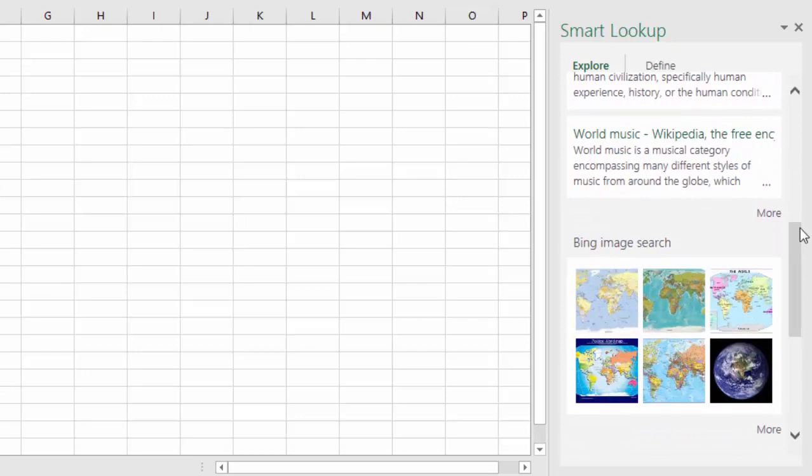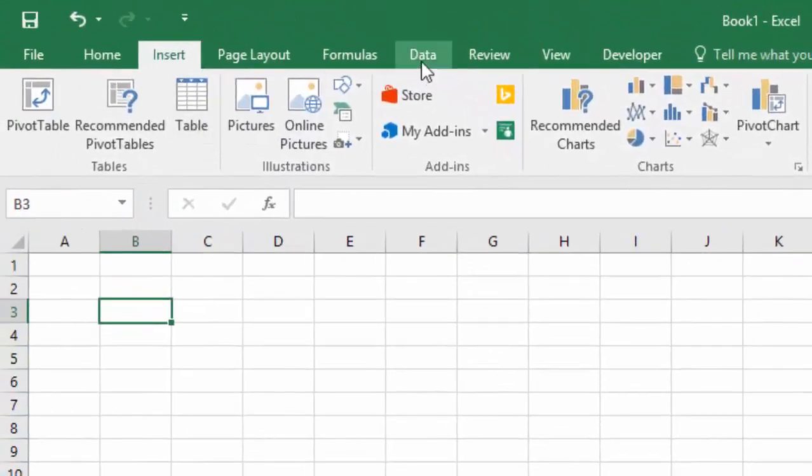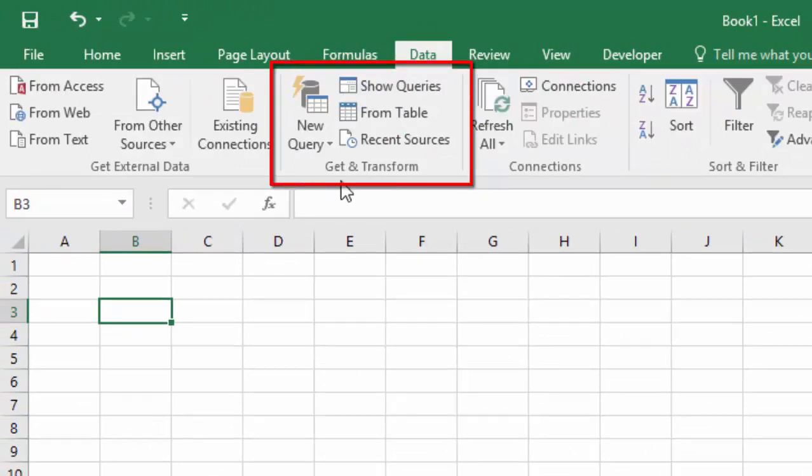And it's always been my opinion that this is much more valuable in Word, where you're actually doing more research-based things, but it's still awesome to have it here in Excel, where you can just explore right here within the Excel window. Another new feature is the Get and Transform tab here,